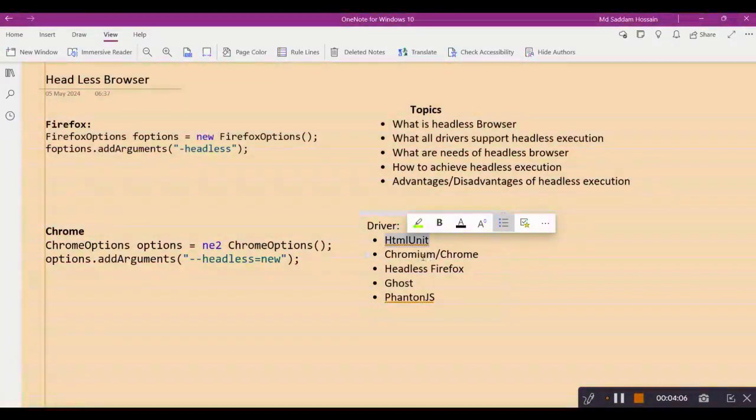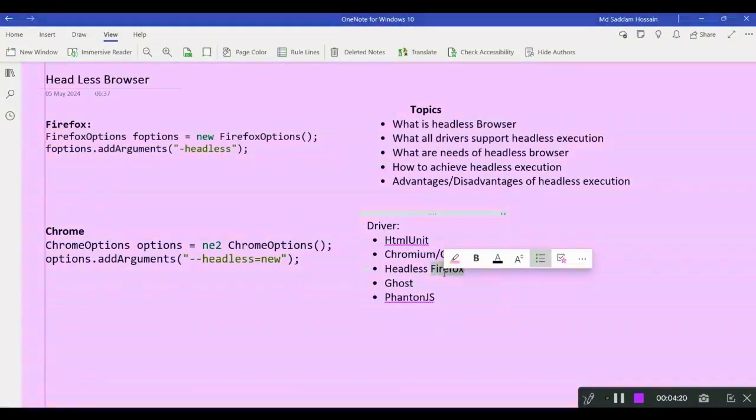So in this video, we'll be discussing Chrome headless and Firefox headless, right? These are the basic browsers which are mostly used in all the projects, right? So we'll be discussing only these two drivers. Okay, now let's move on to the next point, and here you can see